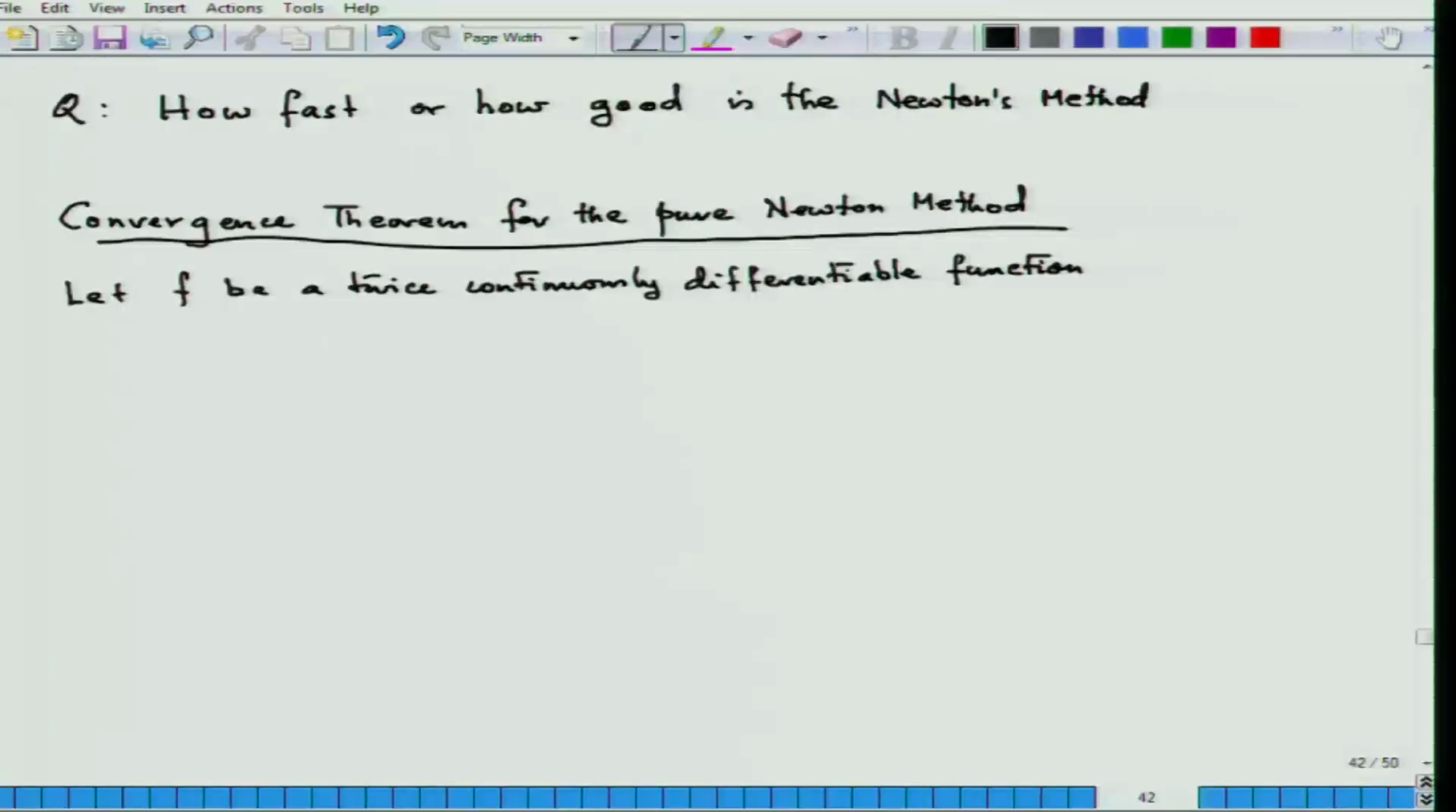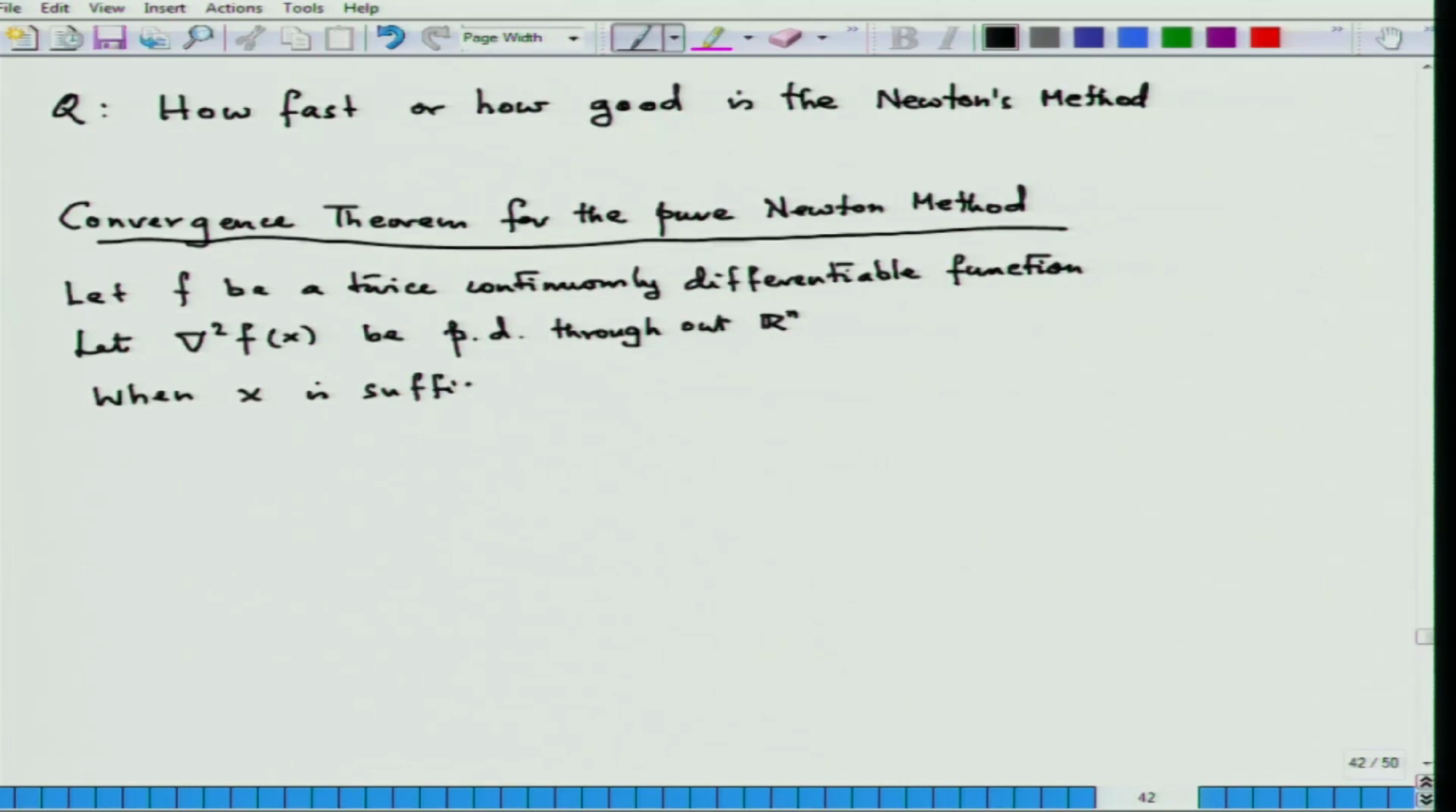But there are many other approaches. Let grad square f(x) be PD, positive definite throughout Rn. Then when x is sufficiently close to x bar, the actual solution, when x is sufficiently close to x bar, the actual solution, let